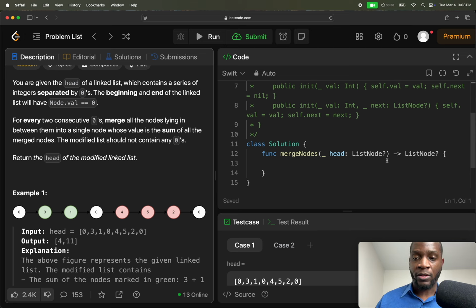Then I do while head.next is 0. Or maybe while head.next is not 0. I continue to go through and maybe add each of those values that aren't 0 to some sort of result. And then append the result after I've reached the next 0. And then I do it again, like after I've reached that 0, and I just keep going until,